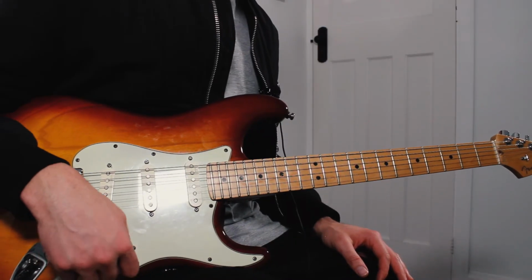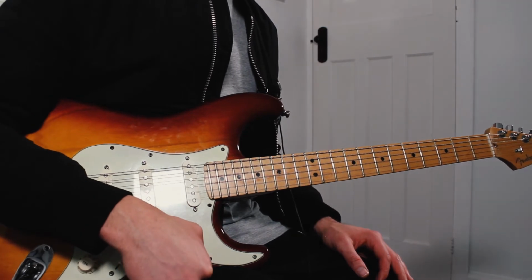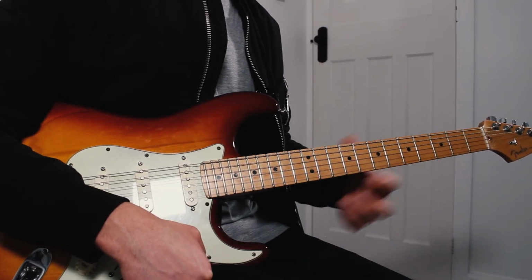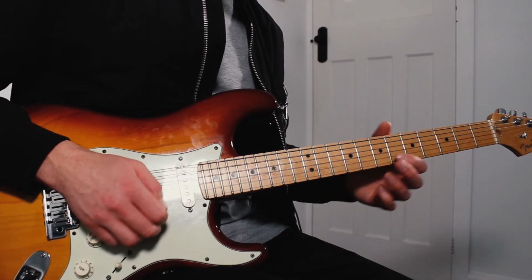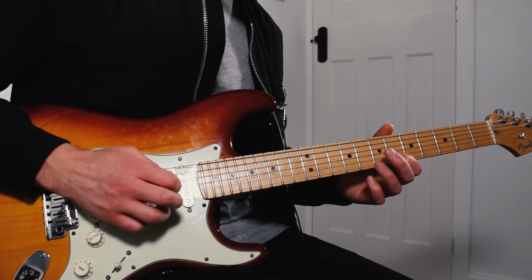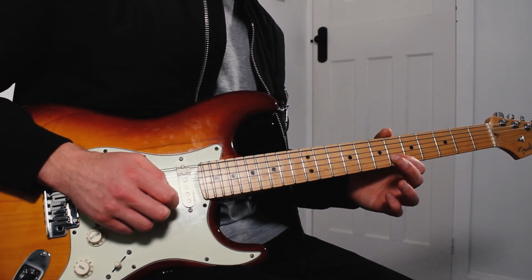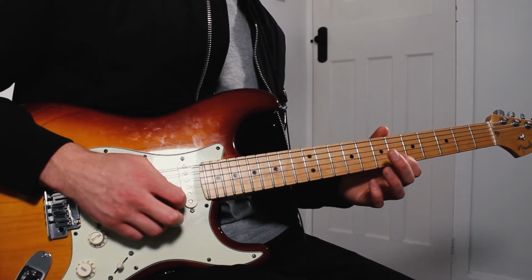Okay, so for the solo section then, we're going to be using the 6th fret on the B to start with our first finger. And we'll be doing this pattern here, down, down, up. So that's 6th fret on the B with our first finger, down, down, up,